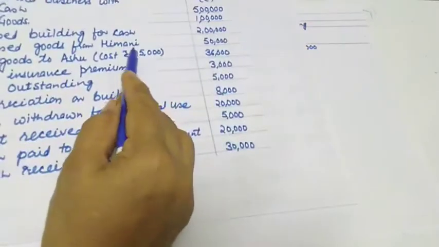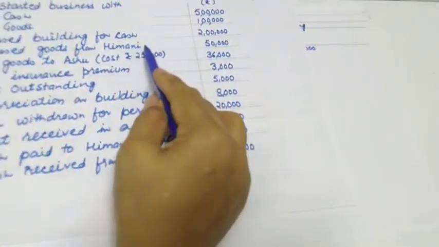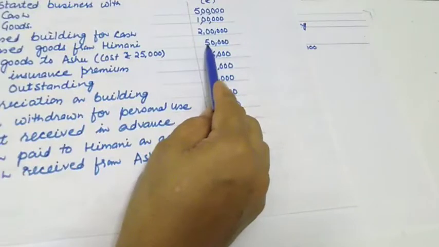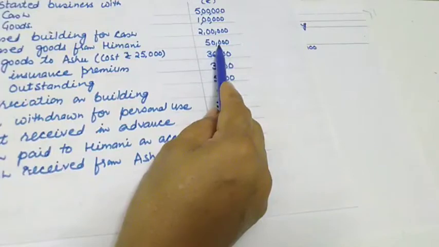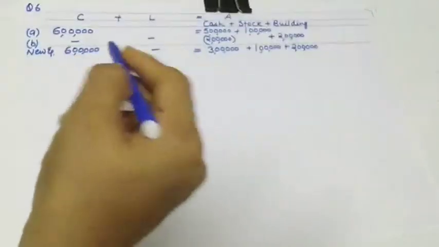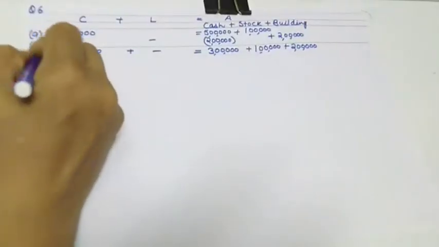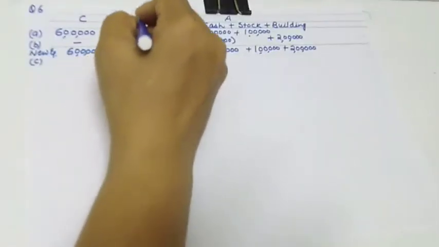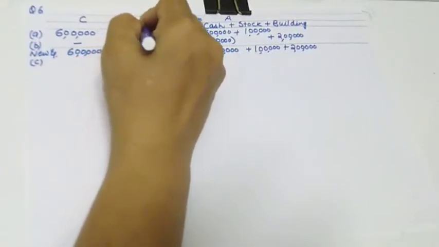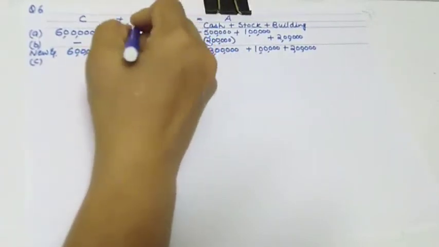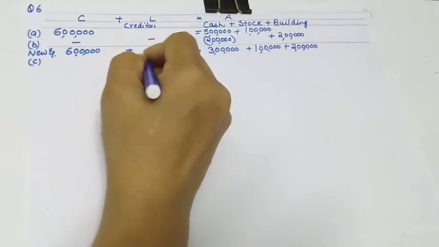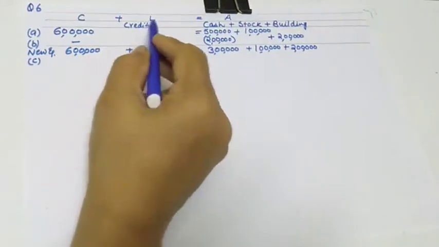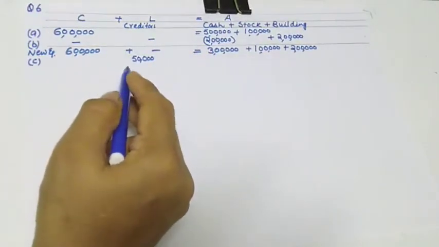Purchase goods from Himani. So it means the name of the person is given, so we are buying this on credit. So you are buying goods on credit. What will happen when you buy goods on credit? Your creditor will be increased. So this is a credit transaction. Here you are buying goods from Himani, so a new item will appear here as creditor. What is the name of the creditor? Himani. 50,000. If you have 2-3 creditors, in that case you can mention the name. We'll see whether we'll have creditors further or not.